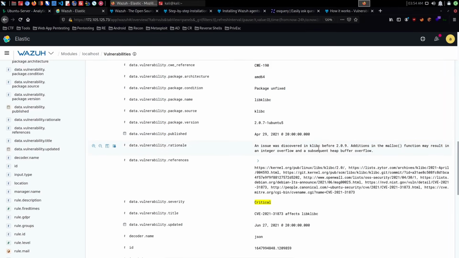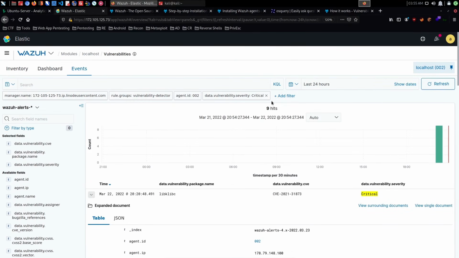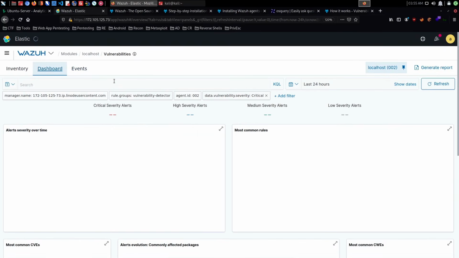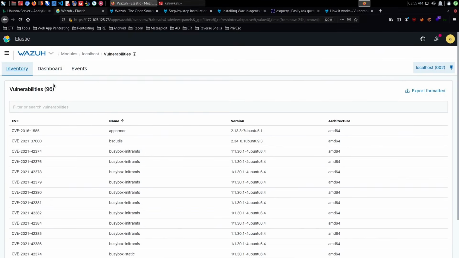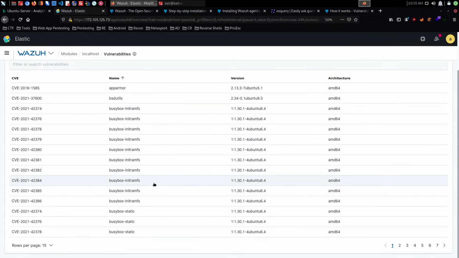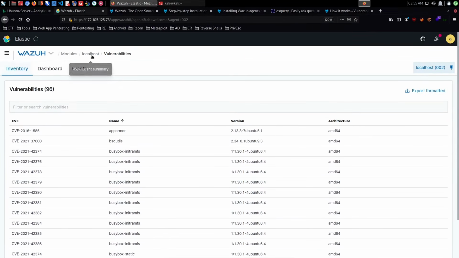So an issue is discovered in klibc before 2.0.9. Additions in the malloc function may result in an integer overflow and a subsequent heap buffer overflow. Yeah, so really, really useful information. So we can go back into the dashboard, and again, you can click on the inventory here to essentially display the actual vulnerabilities and/or the CVEs that affect a particular package. In this case, it looks like it's mostly BusyBox that is being affected, but yeah, that's the vulnerability